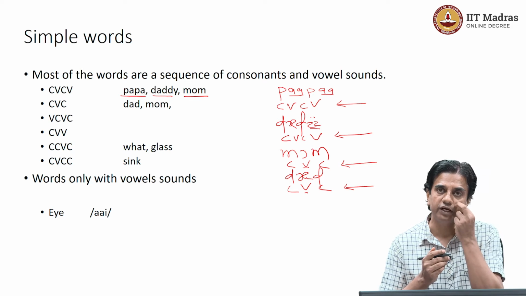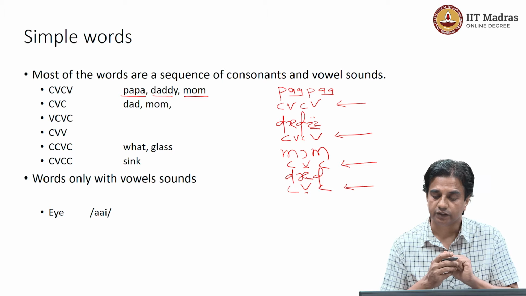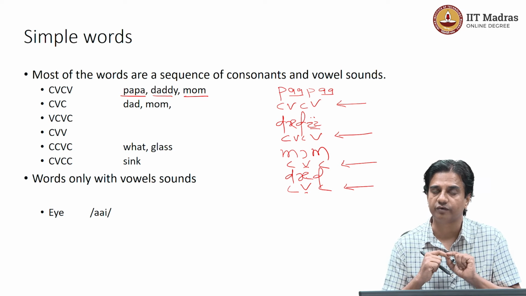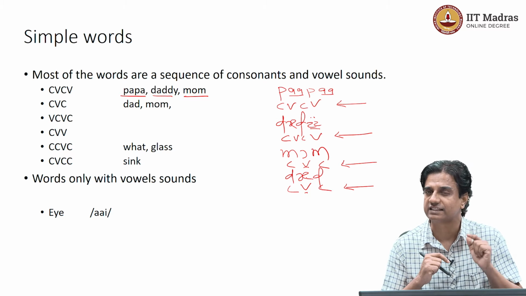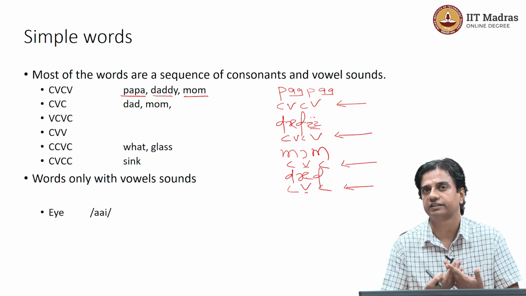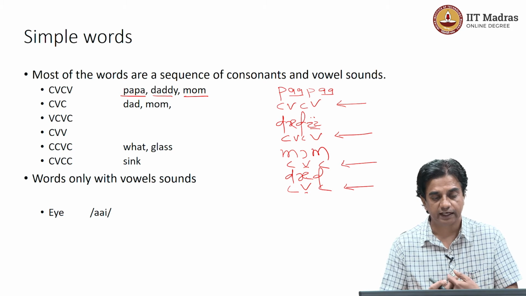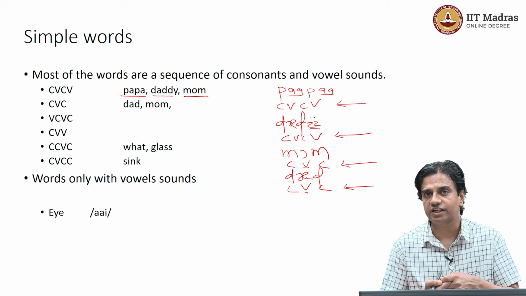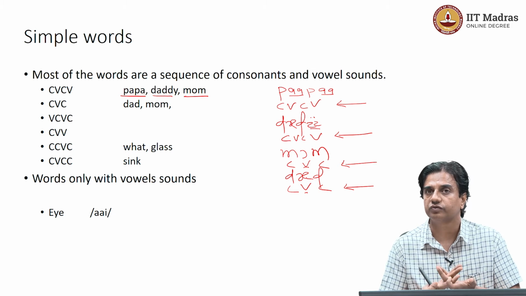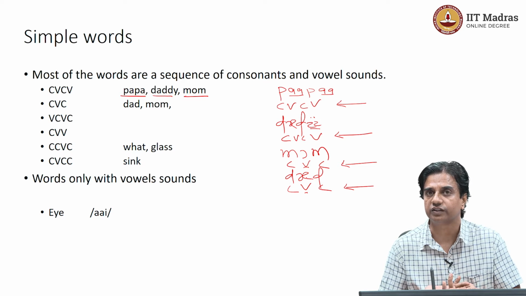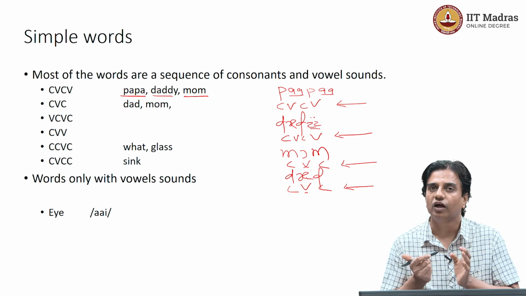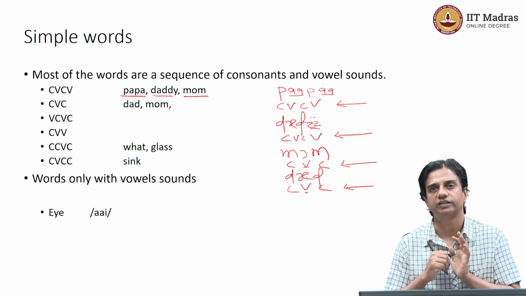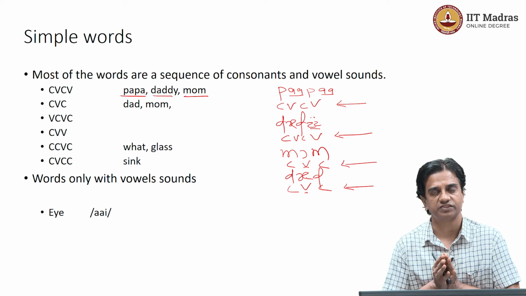The other important point about a word is that you have a vowel sound in every word. You have one inbuilt vowel sound in every consonant, which gets slightly weaker when they combine with other sounds in a word. There is no constraint on which sound comes at the beginning of a word. There is no constraint on which sound comes at the end of a word, and how many sounds must be there in a word. These are not constraints.